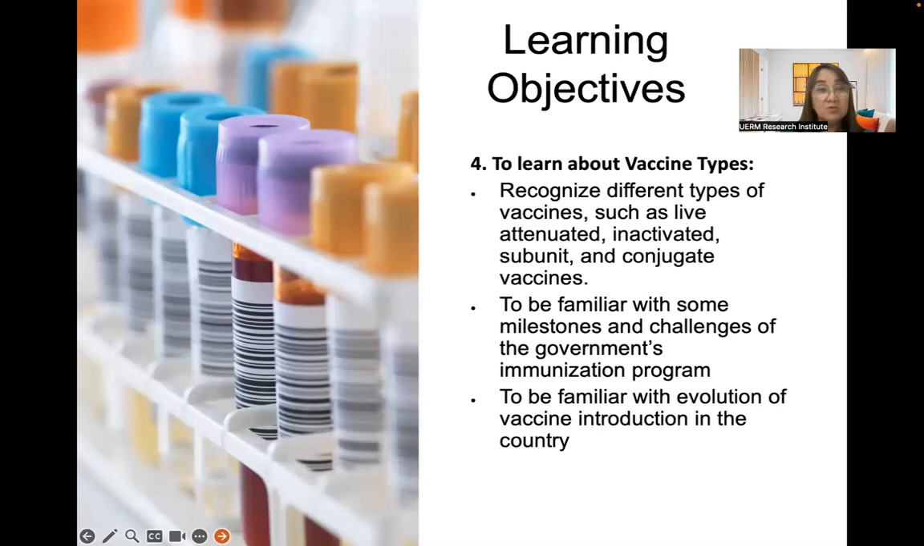Number 4 is to learn about vaccine types, to recognize different types of vaccines, such as live attenuated, inactivated, subunit, and conjugate vaccines, to be familiar with some milestones and challenges of the government's immunization program, to be familiar with the evolution of vaccine introduction in the country,